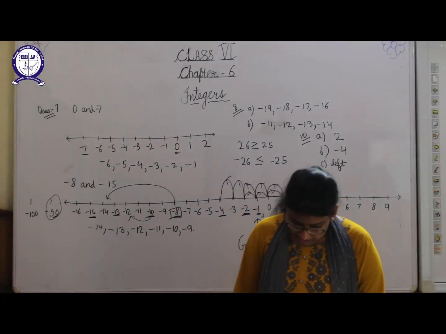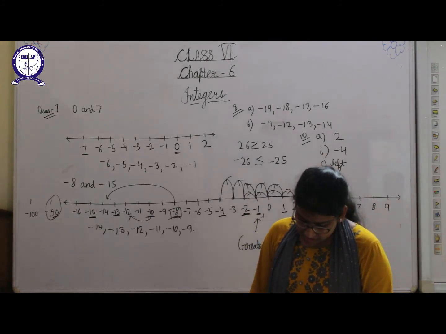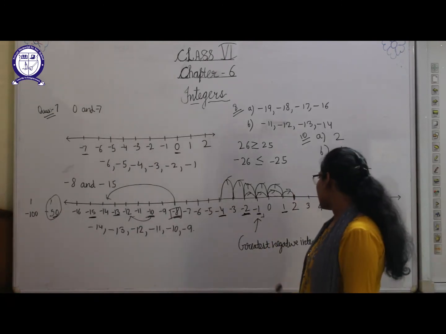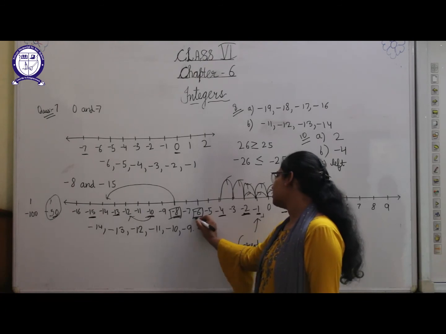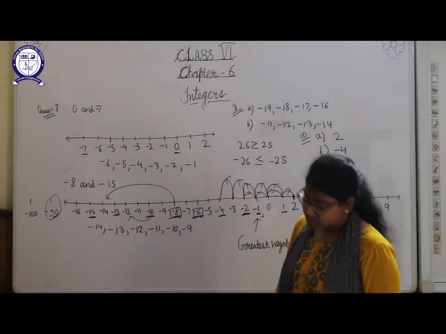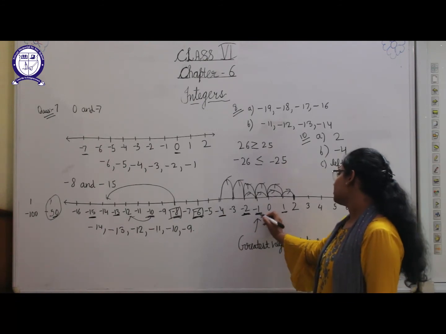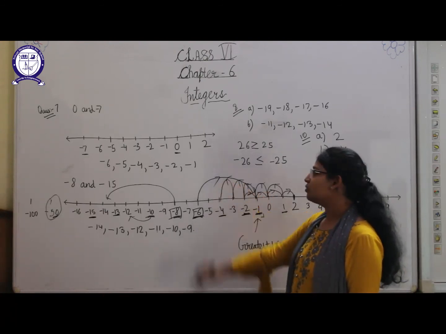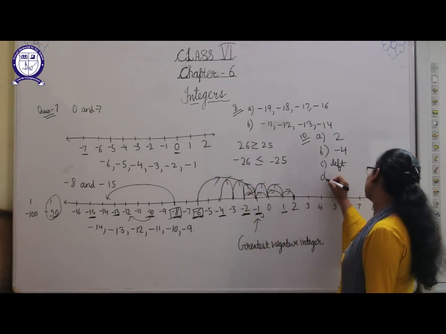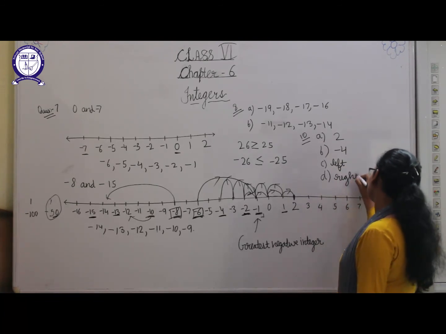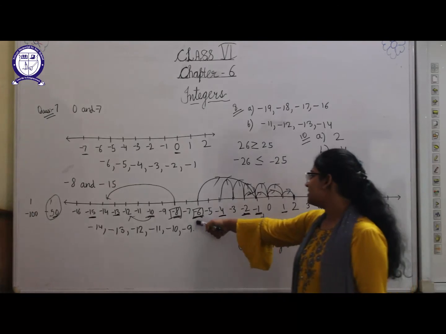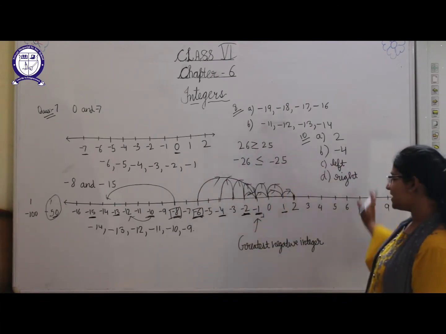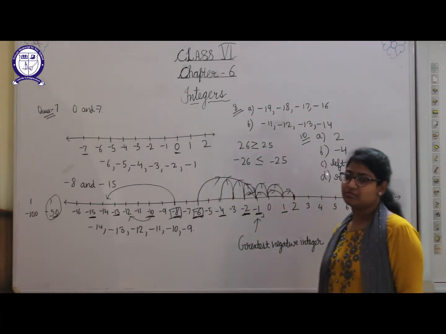reach minus 13. Now if we are at minus 6 on the number line, in which direction should we move to reach minus 1? Firstly, we are at minus 6. This is the minus 6 here. Okay, and where do we have to reach? Minus 1. Here is minus 1. So from here to here, in which direction are we proceeding? We are proceeding towards the right. So we will write that to reach from minus 6 to minus 1, we have to proceed towards the right side, because as we are coming like this is the right side, so we go to the right side.